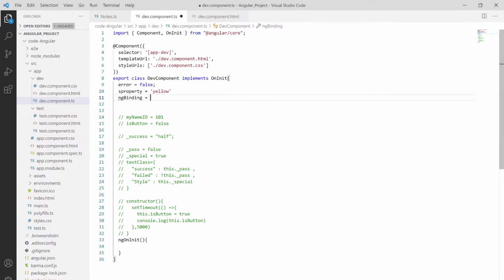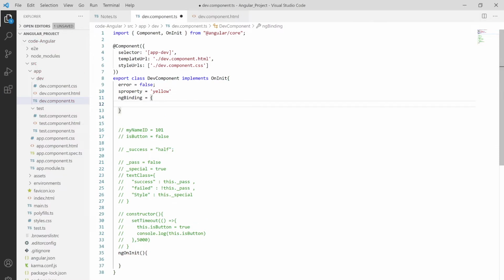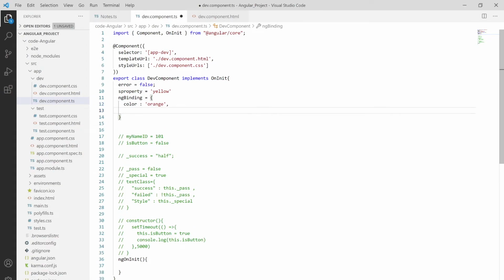Here I'm declaring an object of ngBinding, and say I want the color as whatever you want. I'm putting orange over here, and then I'm also assigning the text as font style.